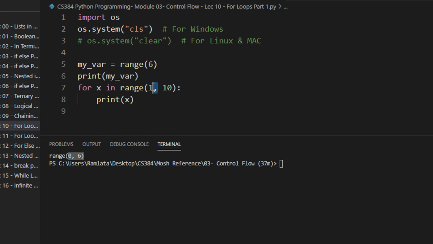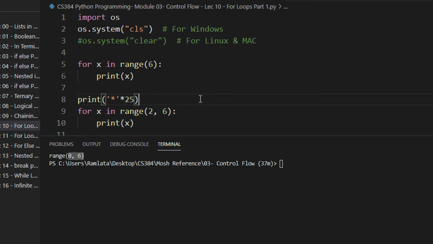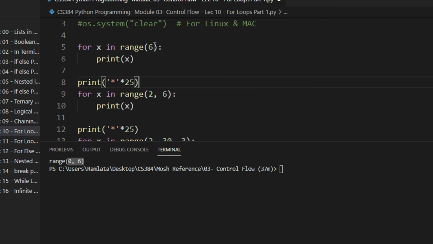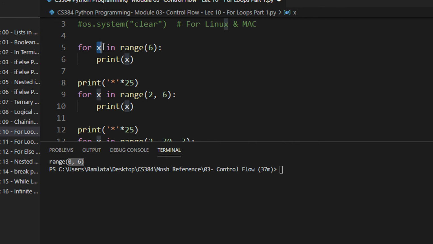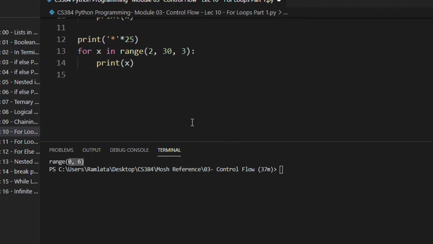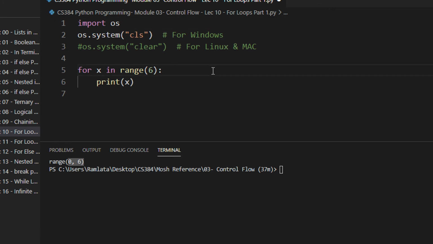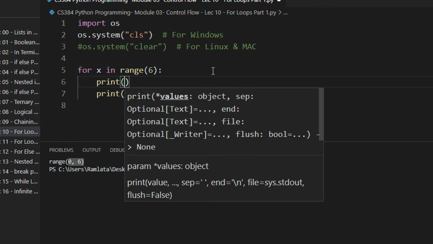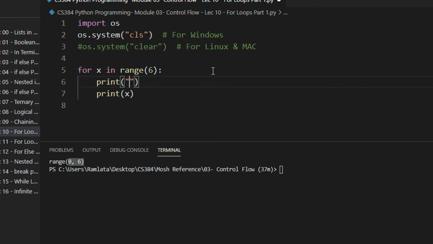If I don't give a starting value, as in the previous case, let me just undo the code. I have some saved code. So here I'm just printing for x. Range basically goes from 0 to 5: 0, 1, 2, 3, 4, 5. So at a given time, only one element is picked. Let us see this again. I have a nice printout, this is having print.